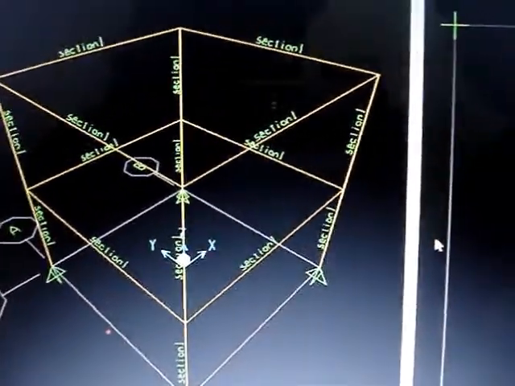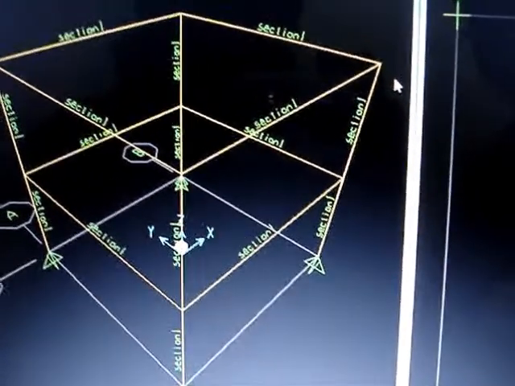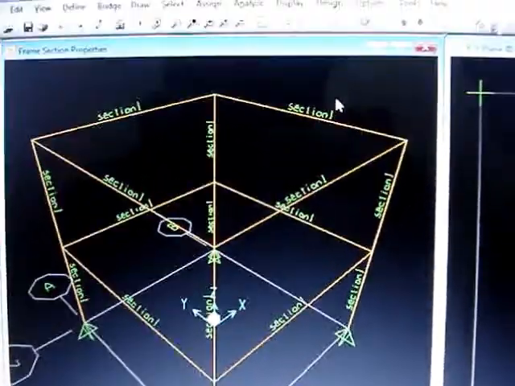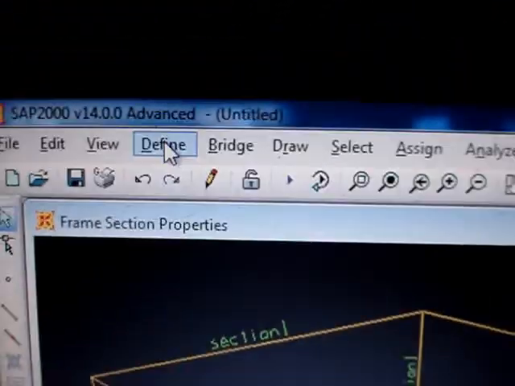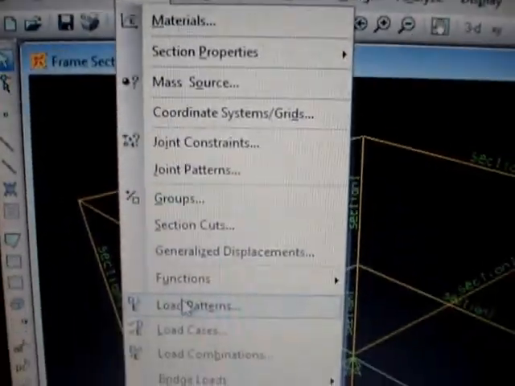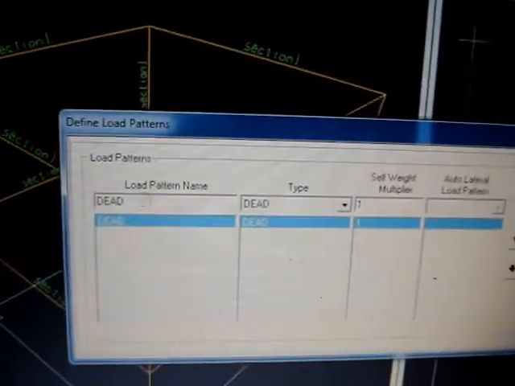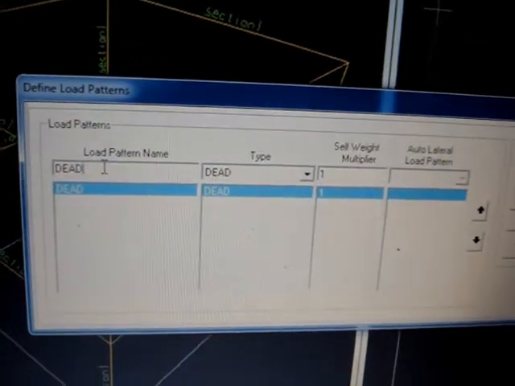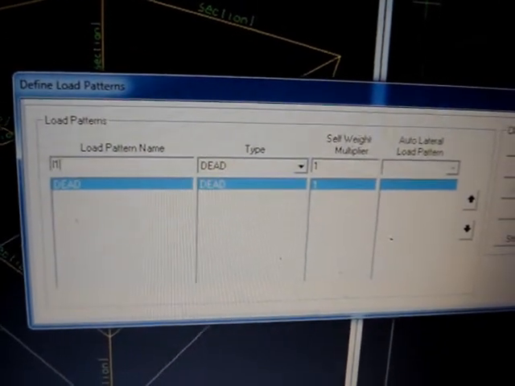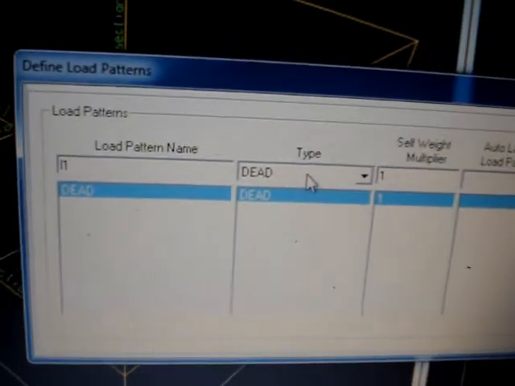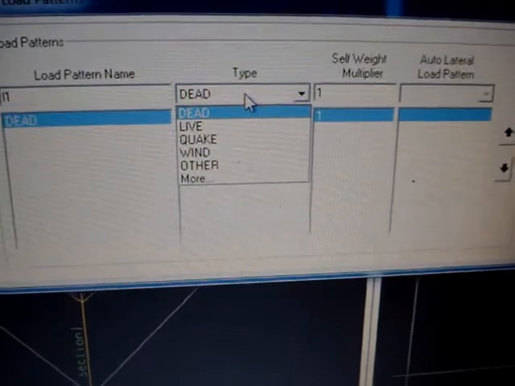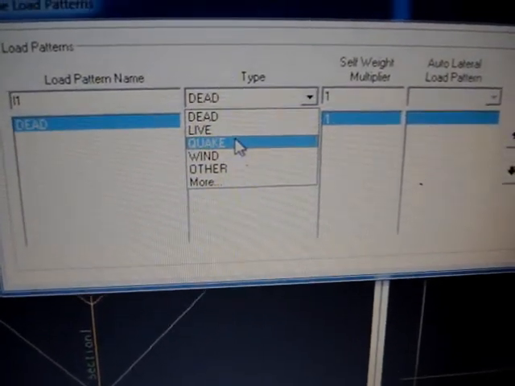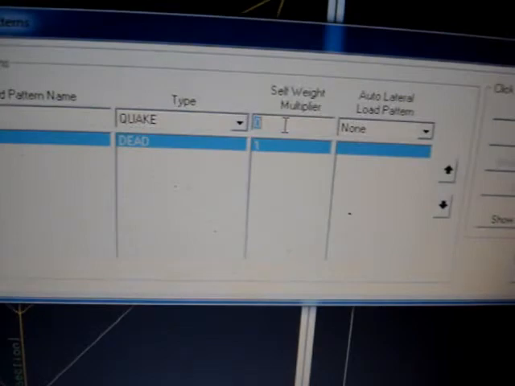Now let's define the force, or the kind of force you want to apply. For that, we'll go to Define, then Load Patterns. Say you apply the load, we'll call it L1. Now whatever type you want to give: dead, live, quake, wind, other, any of them. Suppose we give it as quake. And the self weight multiplier means that with that force